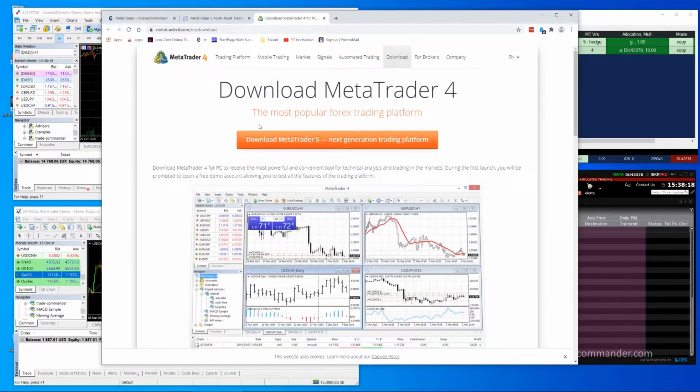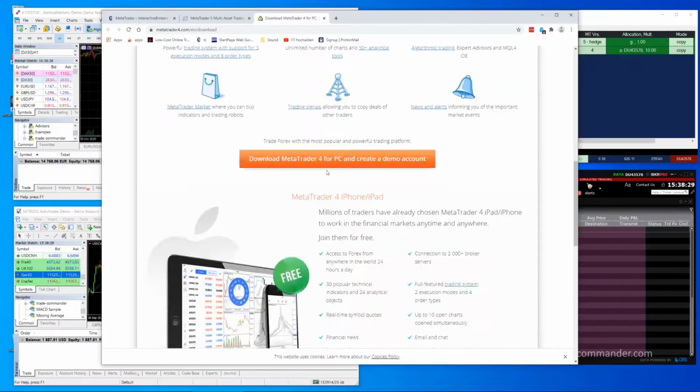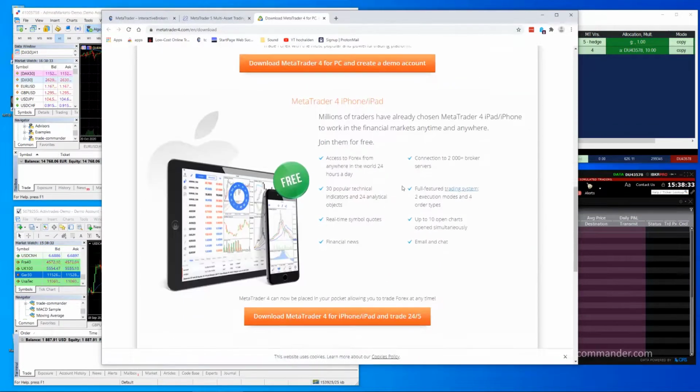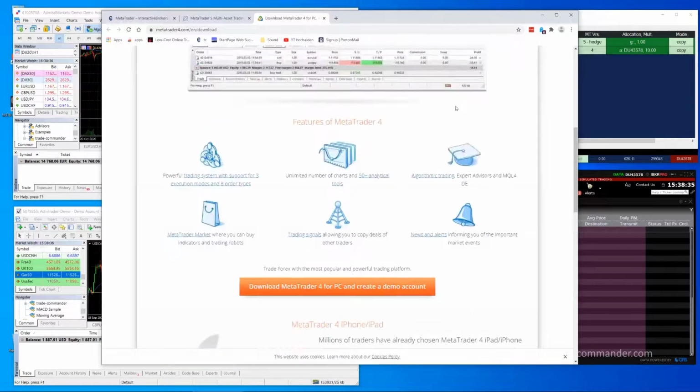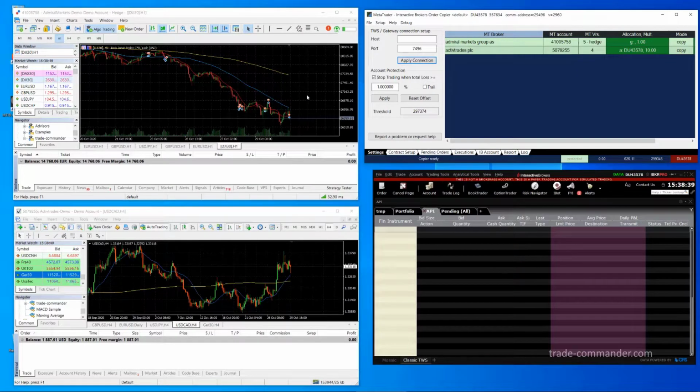MetaTrader4.com starts with MetaTrader 5 in the upper section, because this is the future. And if you scroll down, you can find a link for downloading MetaTrader 4. So it's very easy to open a MetaTrader account with a few clicks. It takes some minutes, and you can use the powerful MetaTrader to trade your Interactive Brokers account